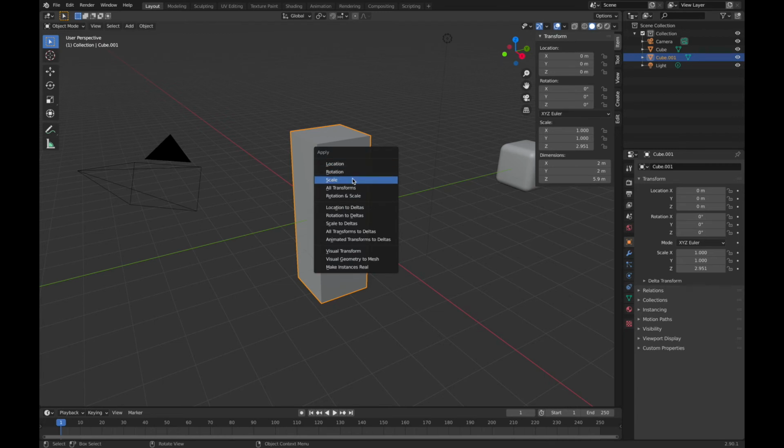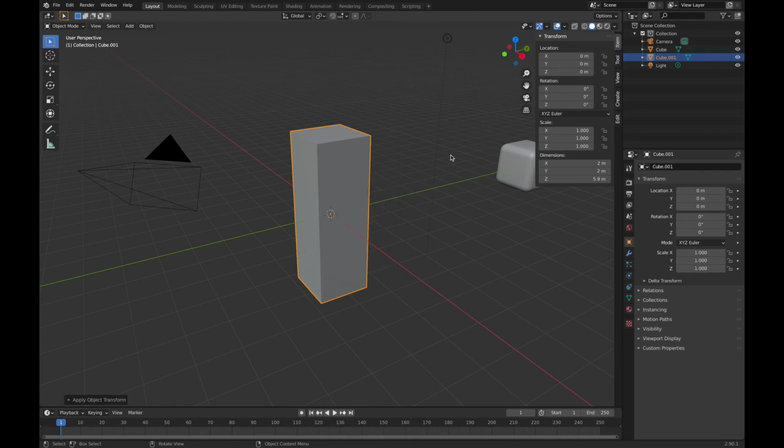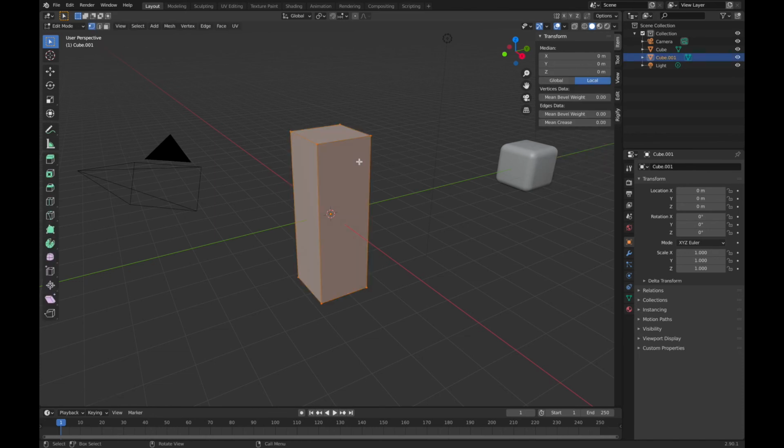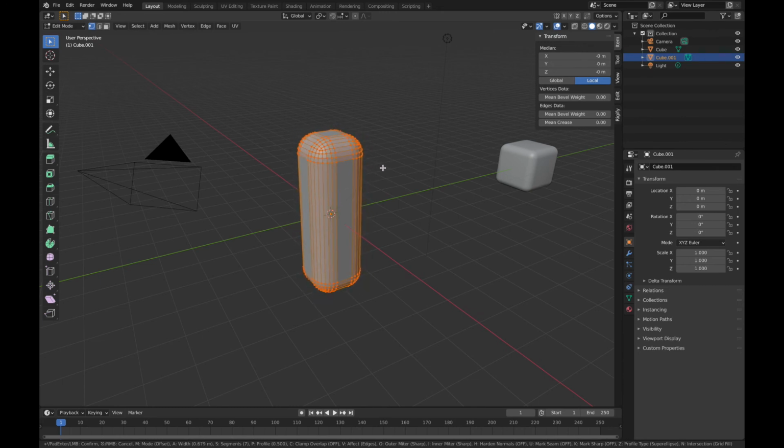If we select scale, what happens is new transformed object data will be applied and every axis will have the same value. Now apply it. See, X, Y, Z all have the same scale, same values. Now you can apply bevel, it won't be distorted. You can see it for yourself. So that's how bevel works.